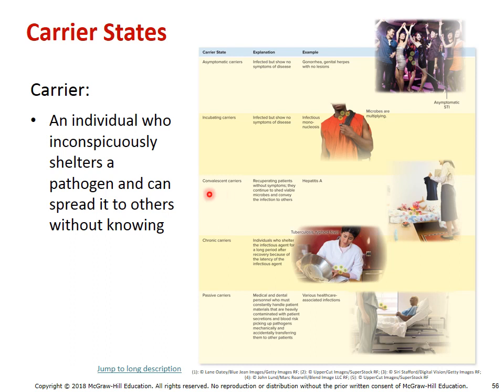Convalescent carriers are those people that are now feeling better but still can pass the infection to others. We have the chronic carriers, where again they do have the illness but don't have signs or symptoms, and so typically can pass the infection off. But I want to point out with chronic carriers, they are in a kind of perpetual, continual state. So they have the infection, but they do not show signs and symptoms and do not really get better. And so the idea is they can continually pass it. The passive carrier, on the other hand, is someone that never actually becomes infected, but instead picks up the infection and carries it to other people.